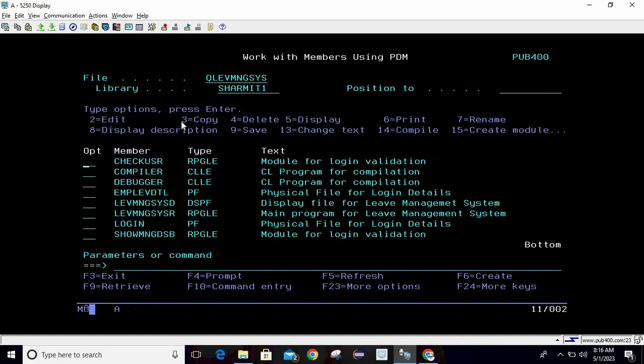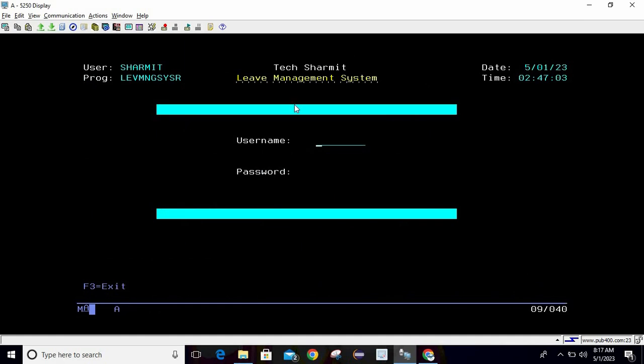So once your PF is ready and you have data in it, then you can write a logic, and after writing a logic you can simply call your program, and then it will work accordingly as per the logic that we have written. So as you can see right now, if I hit enter, then it will show invalid user because it goes into the invalid state,